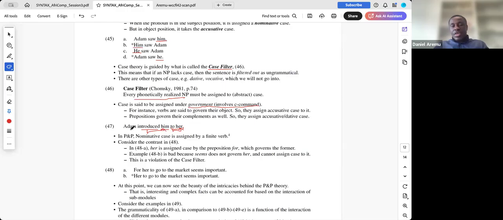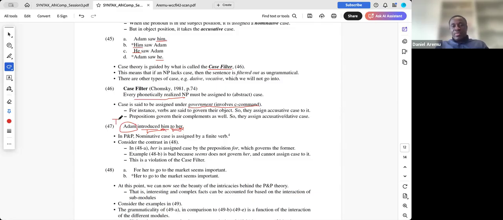While Adam himself gets nominative case. Now, before someone asks me a question, I'm going to answer it. Maybe you have it in your mind already: if case is assigned under government and we say C-command, then how is Adam assigned nominative? Because Adam is not, at this point, realized under introduced. It is above it. And the simple answer to that, if you want to know more, we can talk about later,